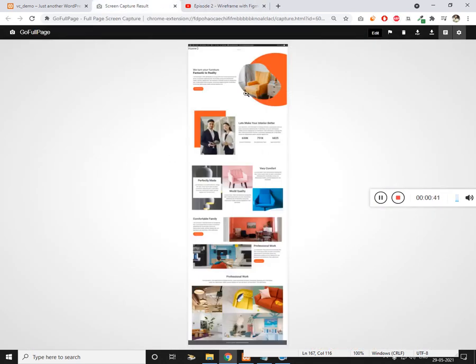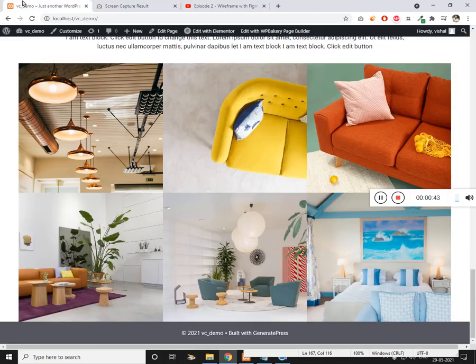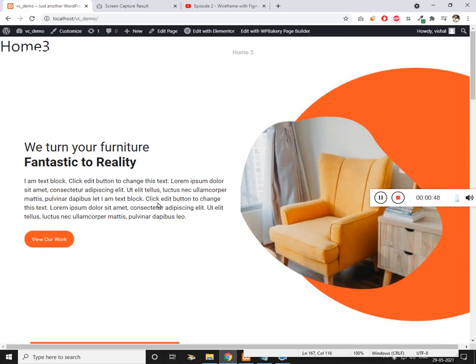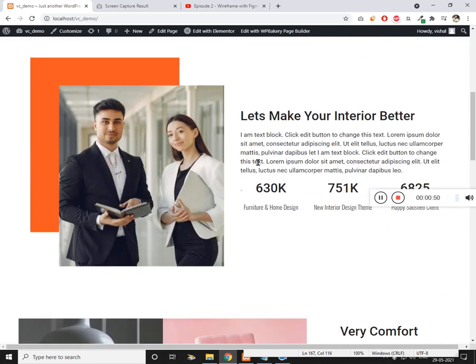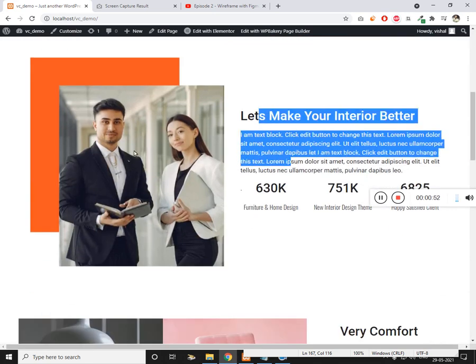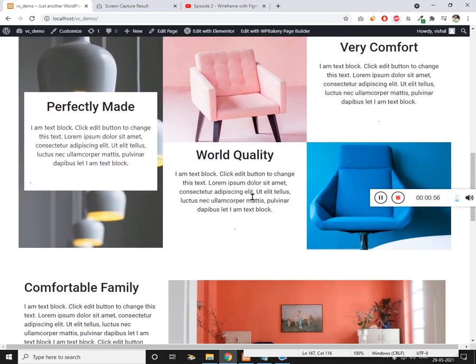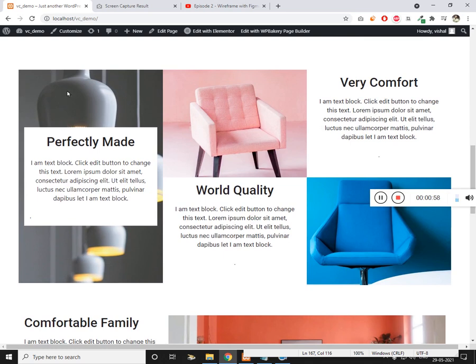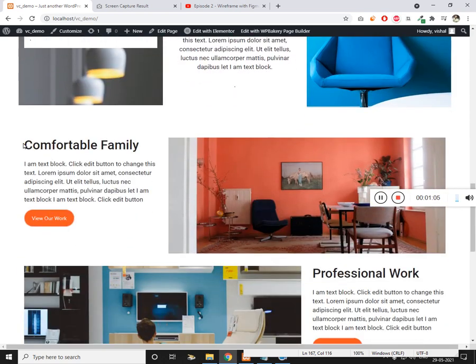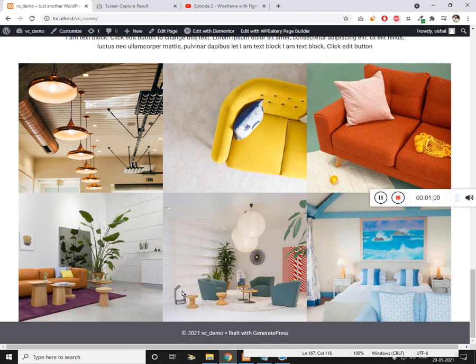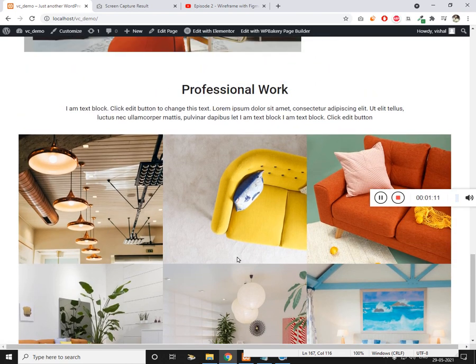Fine, let's get started. So this is what we have converted, and this is the WordPress site. We have a banner section, and then we have an about us section. This is a PNG, so this is an image, and we have 3 grids over here, and then comes the masonry type grid. And this is another grid type, and finally the third type of grid.